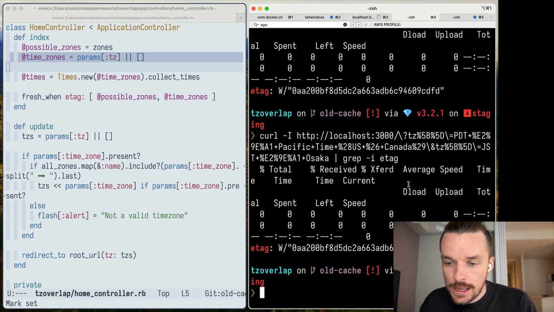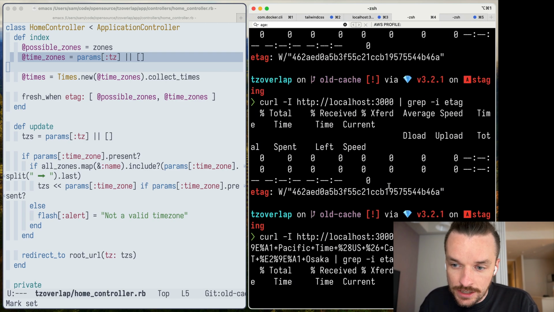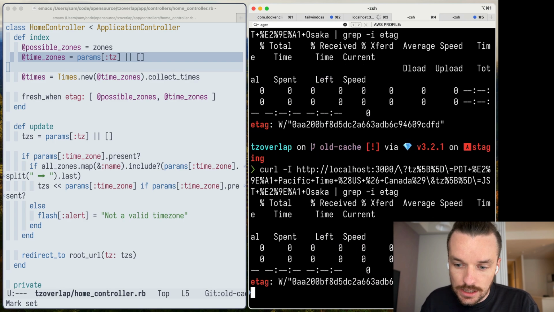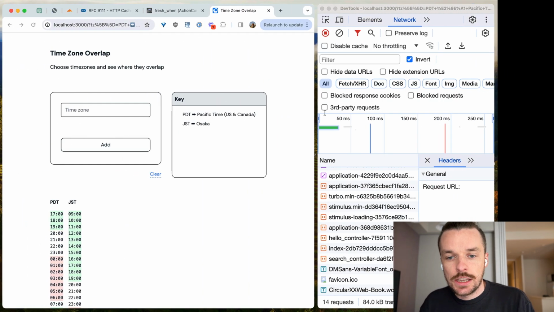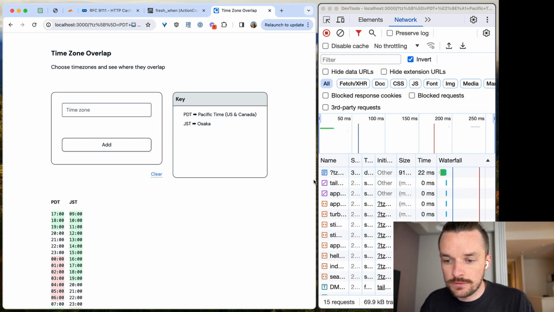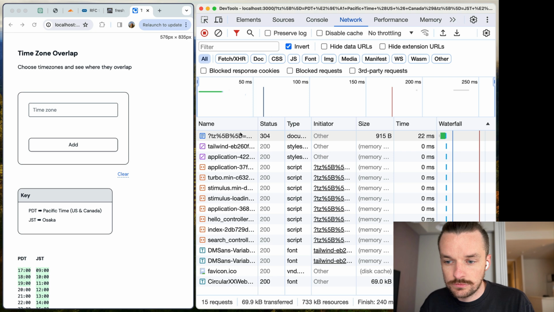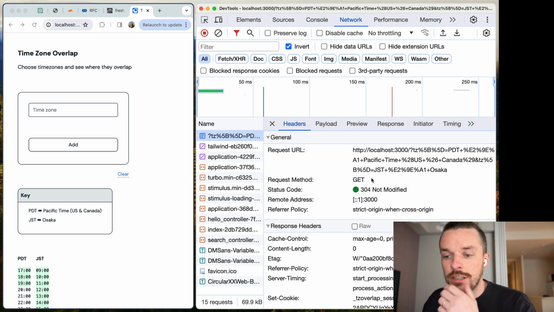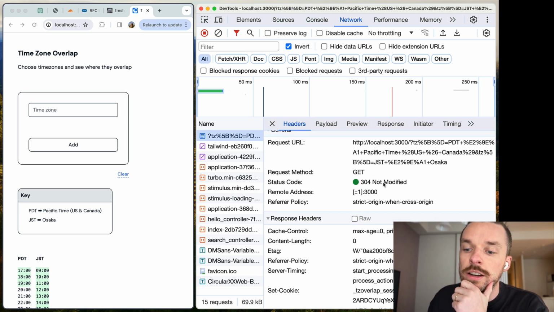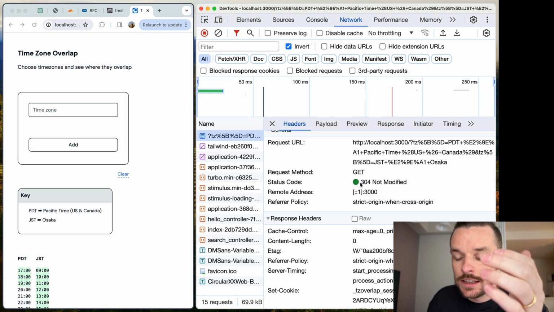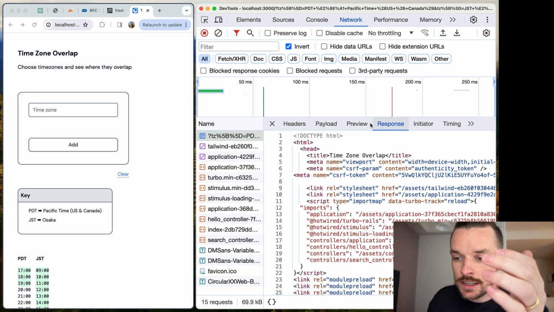But it's the same, but different than just the regular path, which is what we want. So that's a new etag. So what does that mean for caching? Let's check it out. What it means is, as you can see, instead of returning a 200, it returns a 304 not modified, which we discussed earlier, means that the response is,